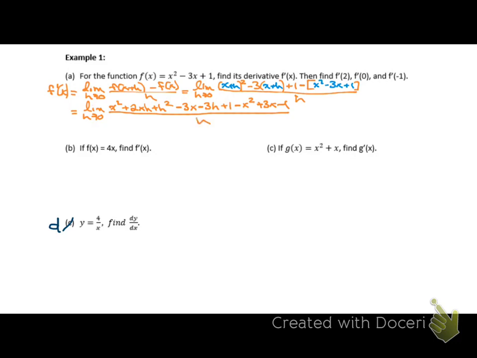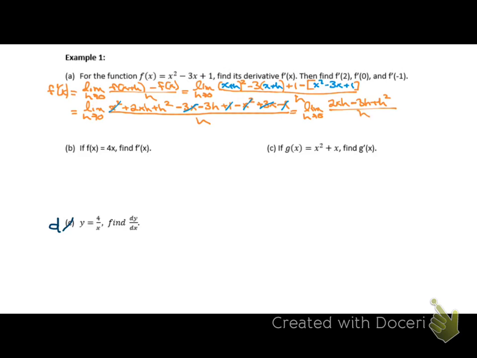And so now we get to simplify. What typically ends up happening is that anything without an h is going to cancel. And this is proven just by looking at this, right? We have x squared minus x squared, so those cancel. We have negative 3x and positive 3x. Those cancel. We have positive 1 and negative 1, so those cancel. And so we end up with things with only h in the numerator, and that's going to be very important in this next step. So we have the limit as h approaches 0 of 2xh minus 3h plus h squared